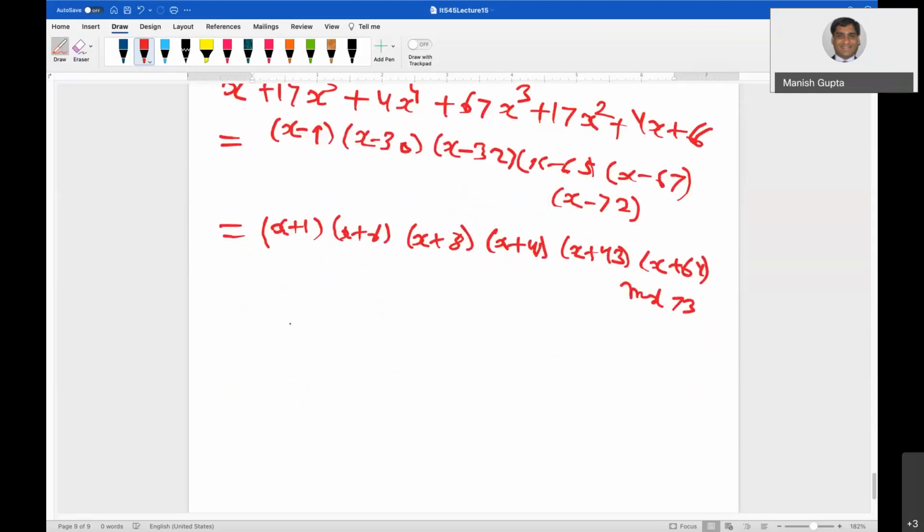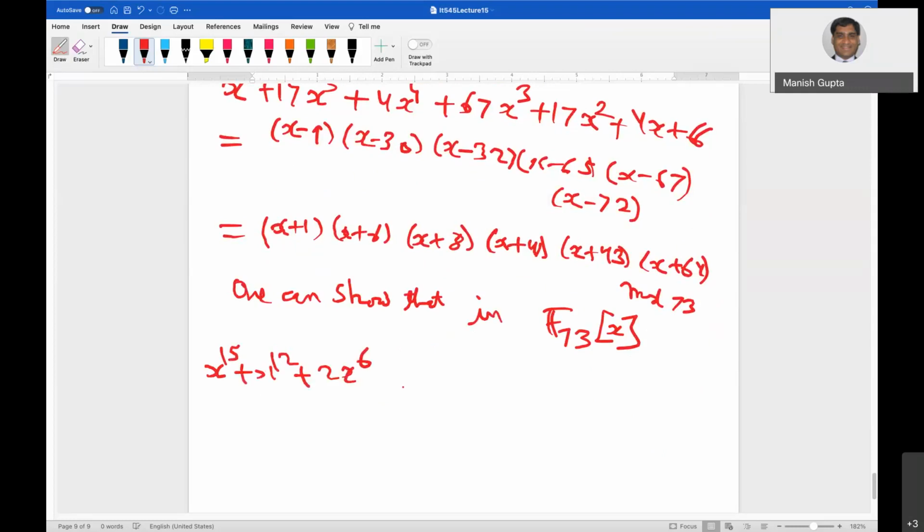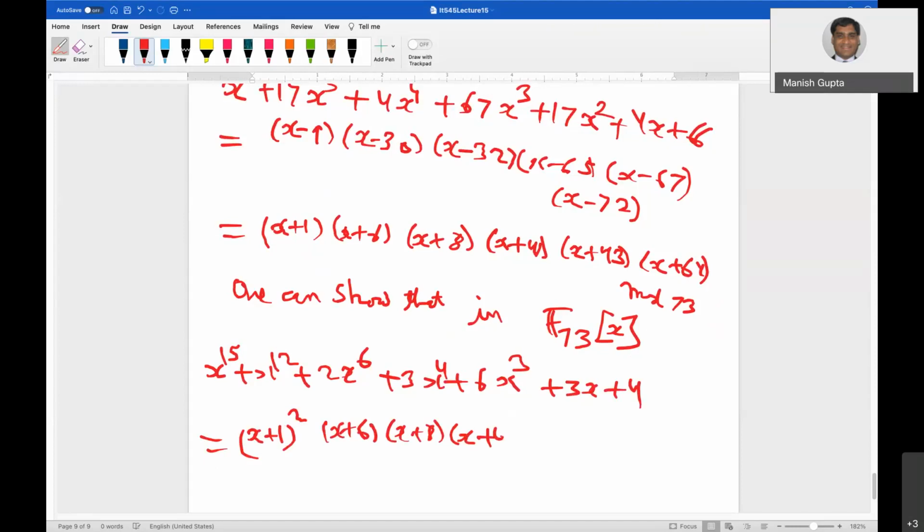So one can show that in F73[x], our polynomial x to the 15 plus x to the 12 plus 2 times x to the 6 plus 3 times x to the 4 plus 6 times x cubed plus 3x plus 4 is nothing but x plus 1 whole square. x plus 1 will be a factor, okay, x plus 6, x plus 8, x plus 41, x plus 43, x plus 64